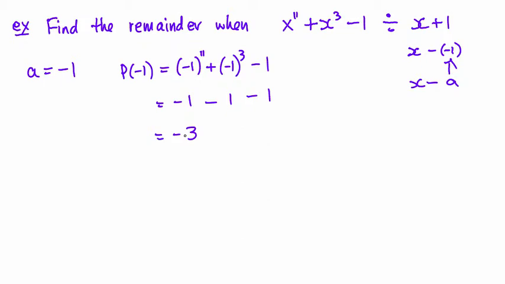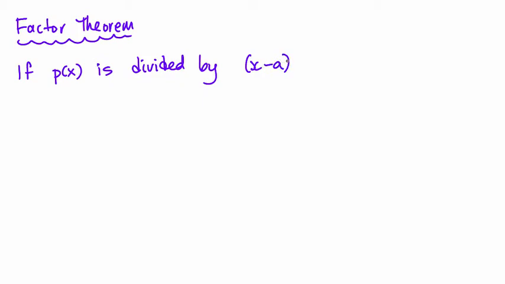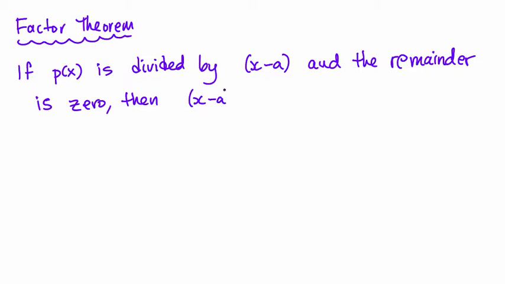Let's take a look at the factor theorem and how that works, and then we'll try and put them together a little bit here too. The factor theorem is actually quite intuitive. Essentially, it says that if you take one of these polynomials and you divide it and you get a remainder of 0, then the original thing that you divided by is a factor. If a polynomial function is divided by x minus a and the remainder is 0, then this x minus a is actually a factor of your original